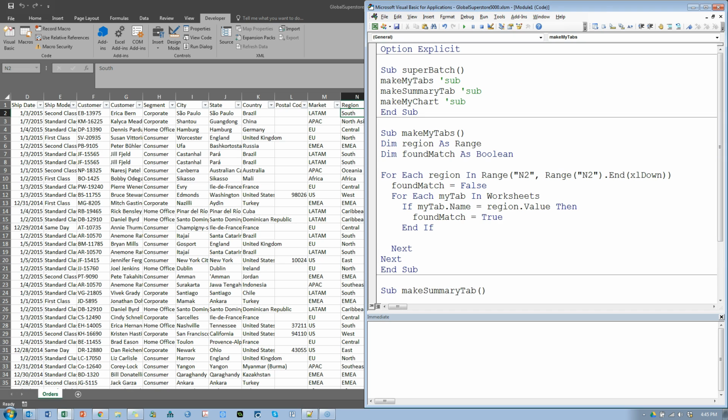And let me come down here. No, outside of this loop. If found match equals true, then I want to do stuff. If found match equals false, I want to do stuff. So if I didn't find a match,